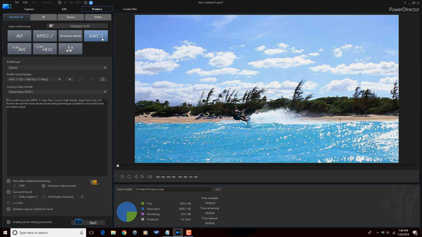Now, producing an XAVC file can cause some compatibility issues with other applications because some applications don't accept these type of files yet. So if you're looking for something for a high quality, like you want to broadcast some beautiful 4K footage on your TV or your projector, then rolling with the XAVCS format could be a great choice for you.